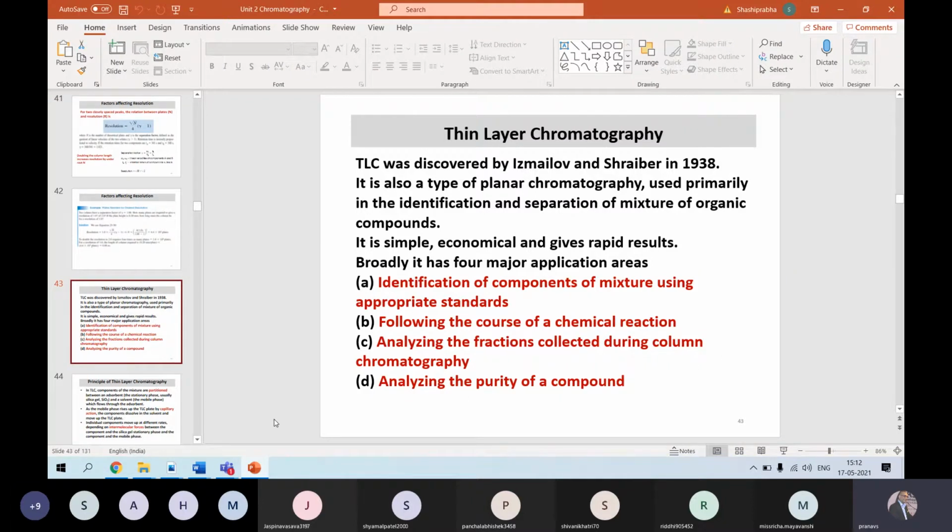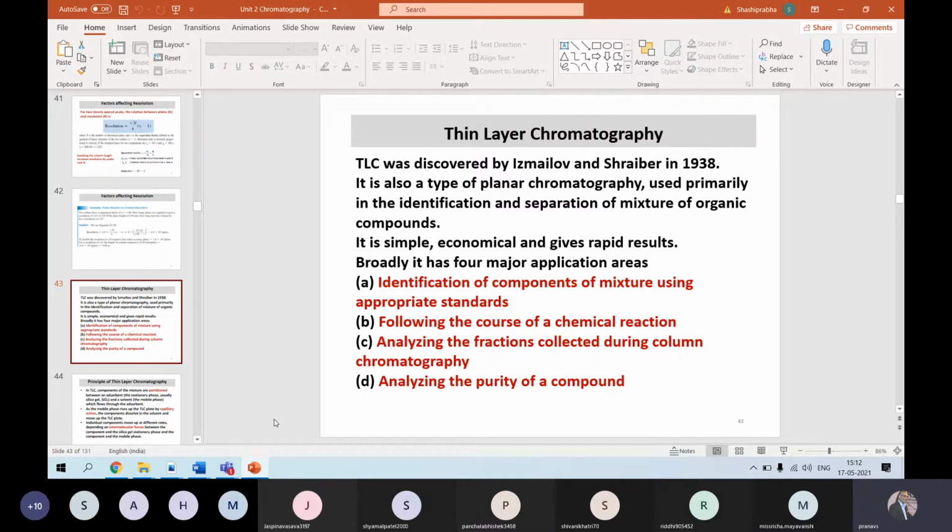and we use this in our labs because this is a relatively very simple technique, inexpensive technique, and it doesn't require too many things. So this is still in use, and it has certain distinct advantages which prompt its use on a daily basis in our labs, even in our synthetic labs, our analytical labs. So it still has very wide application.